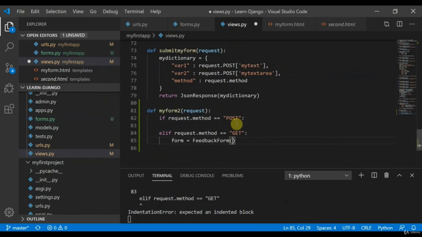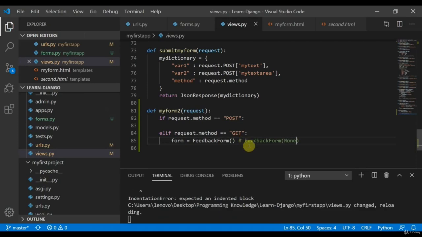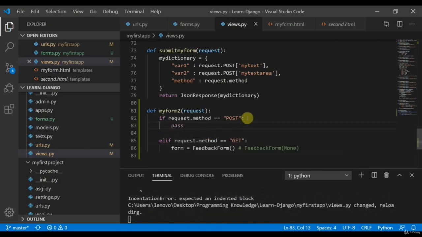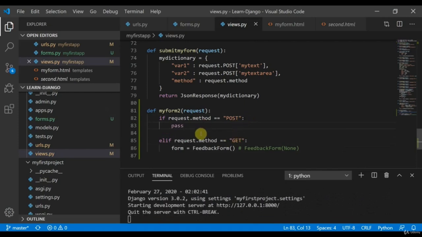So I have a feedback form, and basically this is equivalent to this. Now I'll execute a pass statement here. I'm keeping a pass statement for now so that it doesn't throw me an error, and I'll have a form, and I'll return render